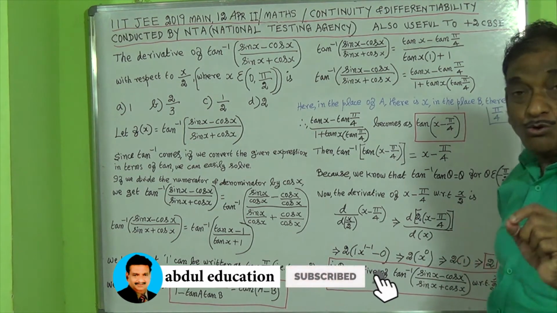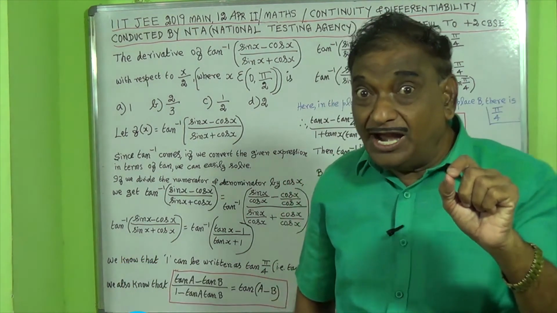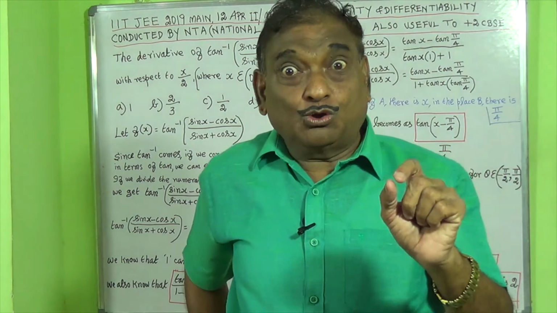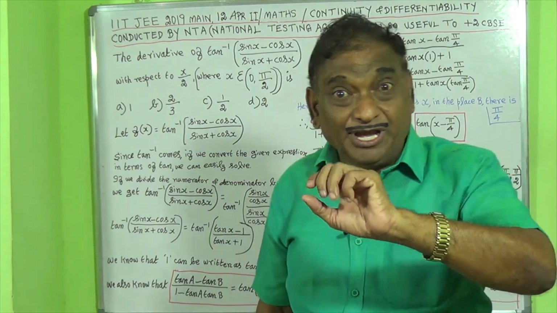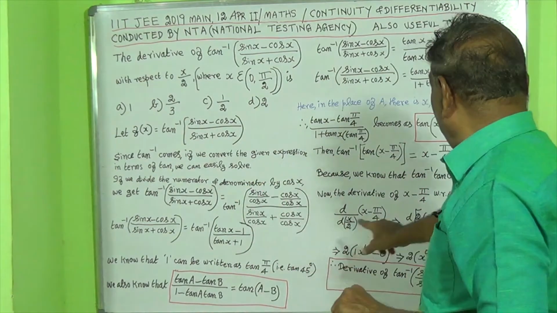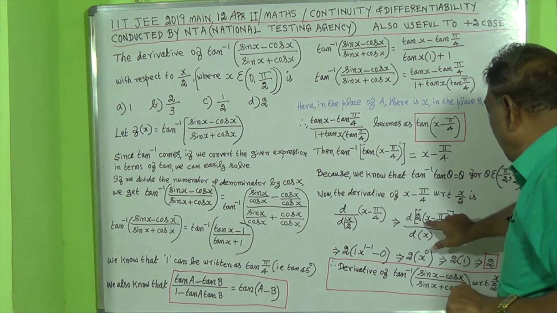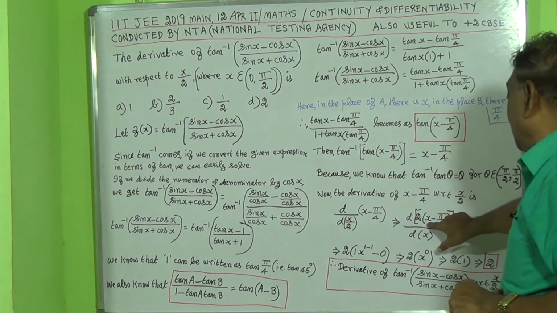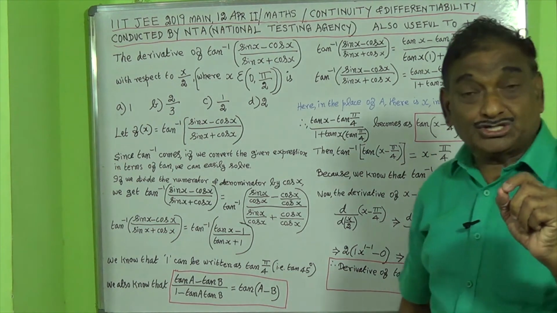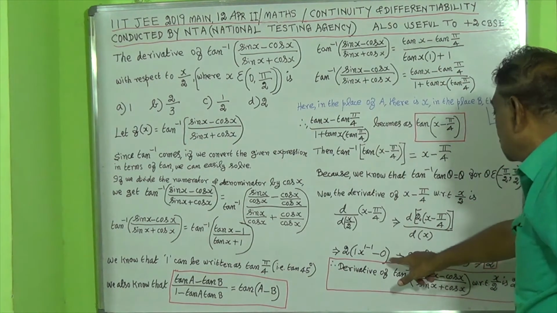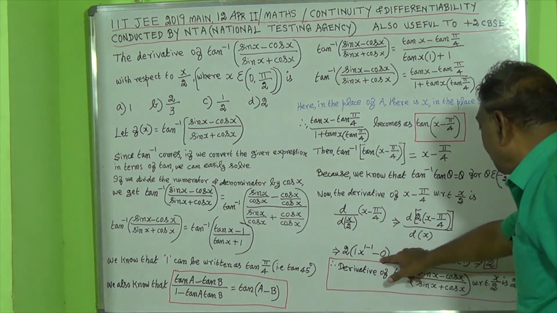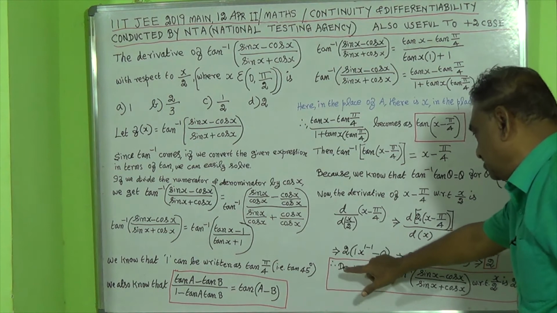It will become the coefficient. We know that on differentiation, the coefficient will remain as it is. Only the variable can be differentiated. Here the variable is x, so only this can be differentiated. On differentiating the constant, it will become 0, so we are writing 0. The coefficient is written as it is.